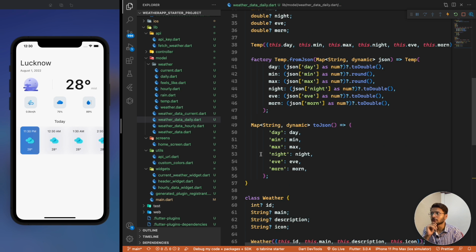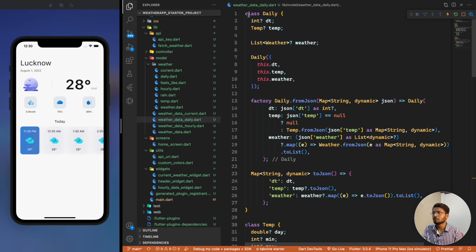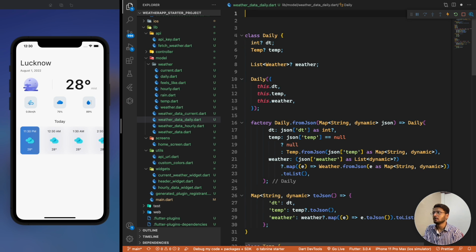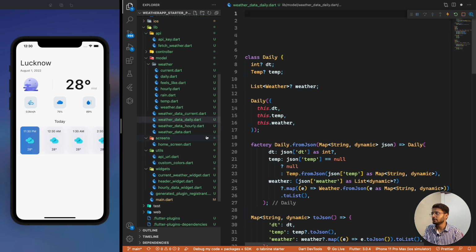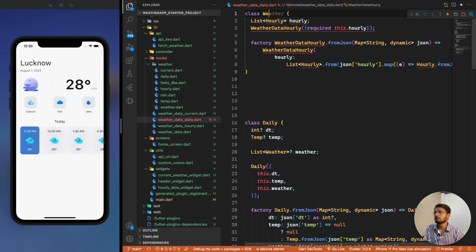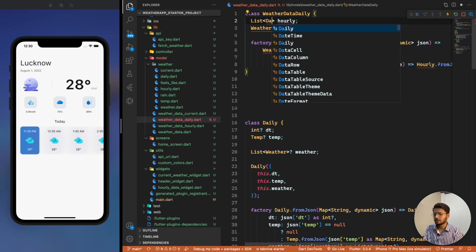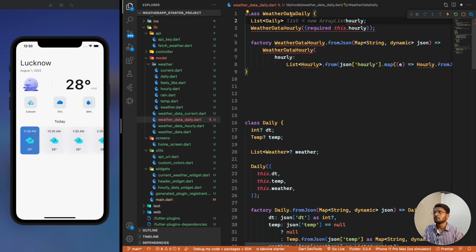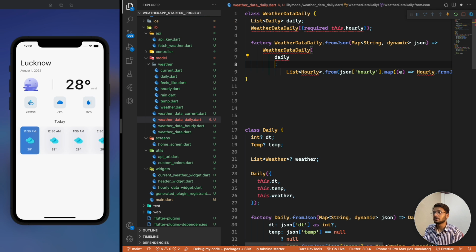So weather is okay. Then we have this. So now for our weather data daily, we'll also be creating the list here in the same format that we did for hourly weather. So this will be weather data daily, and this list will be a daily list, and this can be weather data daily. So we got from JSON, this is done, and this will take the value as daily. So here also we have to write this as daily,